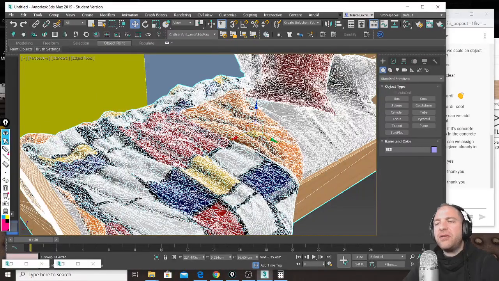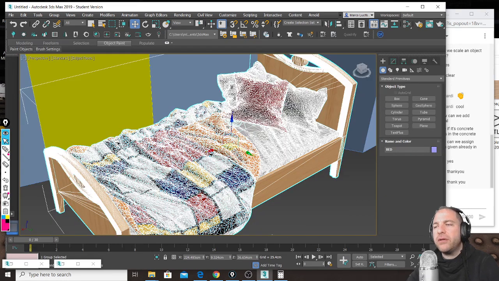And if you start using objects like these in 3ds Max, it happens that after 1 or 2 or 3 objects that have so many polygons, your file will become so heavy that you can't even use it. Okay? And what you should do is, you have to start